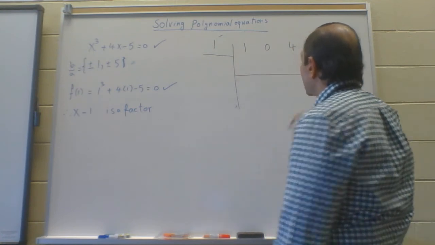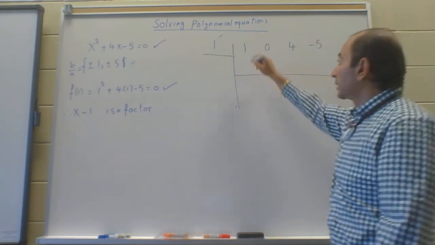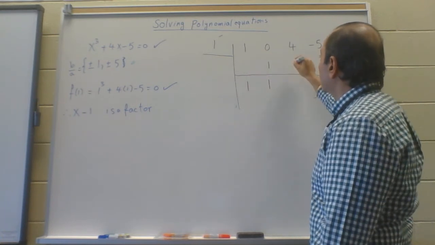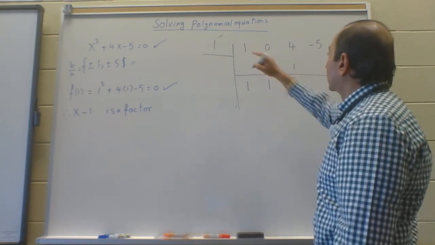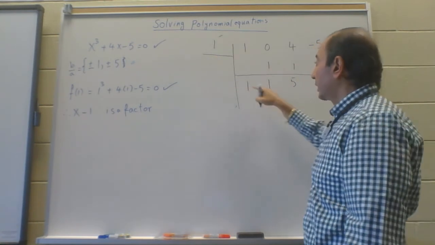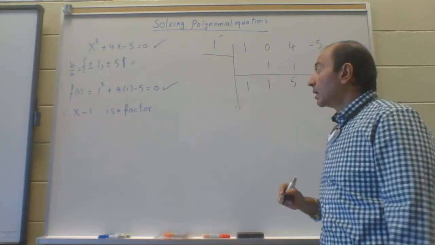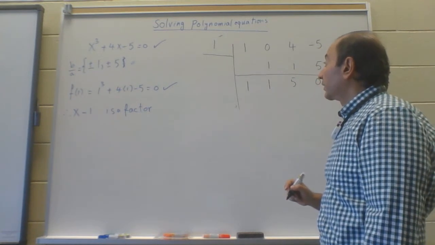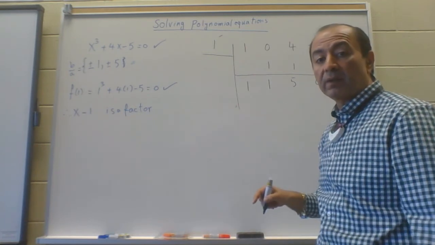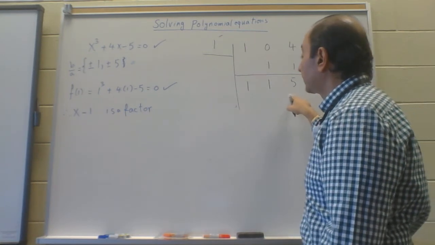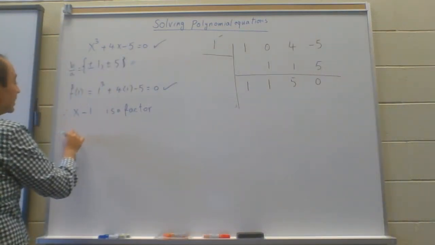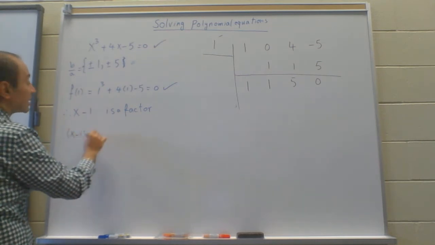Then I will follow the process of synthetic division. I will send the 1 down. I will multiply. I add. I multiply. I add. I multiply. I add. I must get a 0 here because this is a factor and there is no remainder. After we divide, there is supposed to be no remainder. So I have the factor and the quotient, so I can write this function as x minus 1 times, now